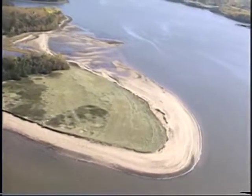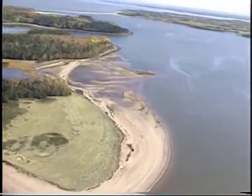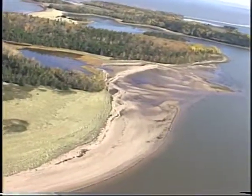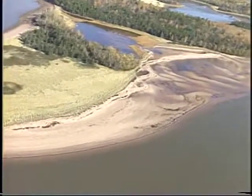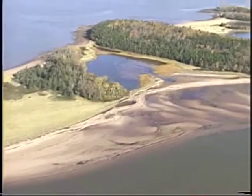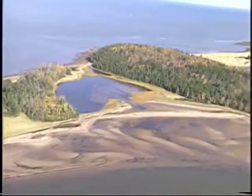Our time right now is 17:20, and we're just circling Monroe's Island, which is actually part of a wilderness reserve held by the Nature Conservancy of Canada. You see the wide, extensive sand flats, ridge and runnel topography in the lower intertidal. That feeds the sand to the upper backshore area, which is all multiple dunes. There's a small marsh in behind, which has a small outlet, and